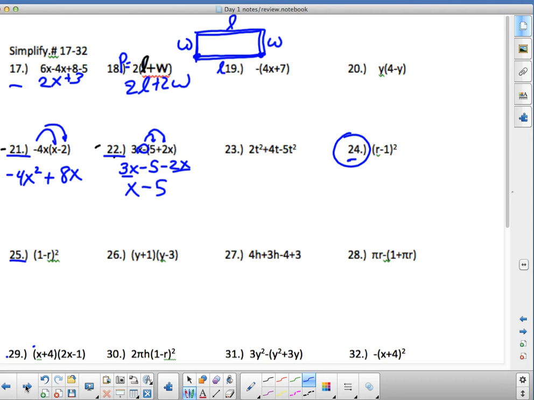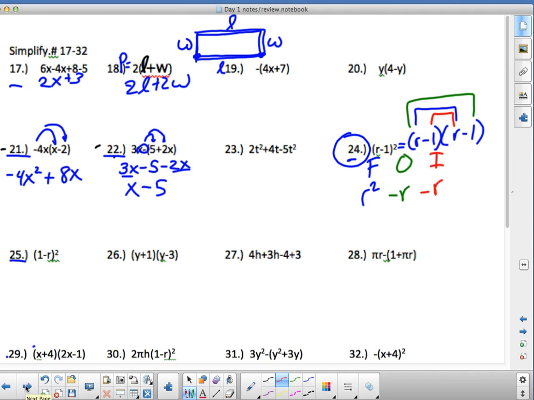Okay, so let's talk about this. This is a binomial times itself. It's a perfect square binomial. It could be written like this, because once I write it like this, everybody goes, oh, you gotta FOIL that. And a lot of times when I write it the way I did, they kind of get the first and the last term, but they forget about the inside and the outside terms. So let's look over FOIL and see what happens. Remember, the firsts are squared. The outsides, minus r. The insides, also minus r. The last,